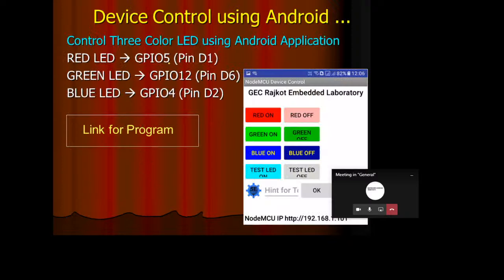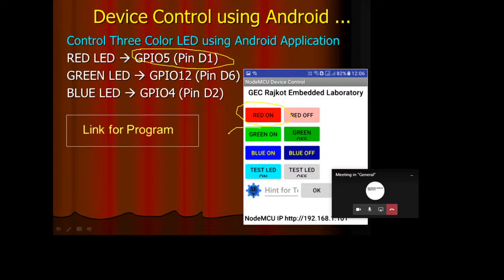Before that we have seen the Ubidots cloud. You have also used the mobile APK. The mobile APK is already available in our Microsoft Teams. Today I will also send you the APK file through the WhatsApp group, which you can install on your mobile. But remember that this red button in the mobile app is controlling your pin GPIO5, that is pin D1. So it will control this D1 pin of your NodeMCU.